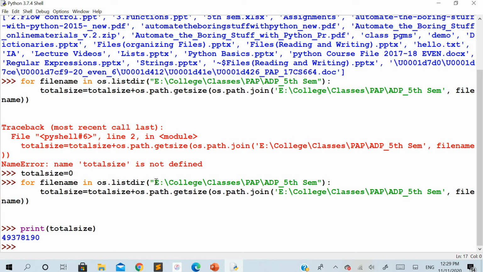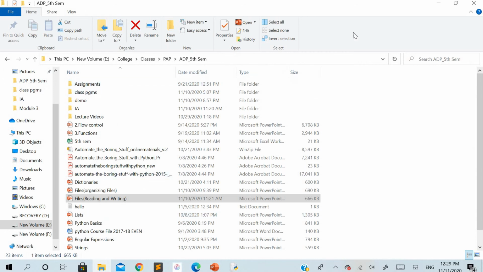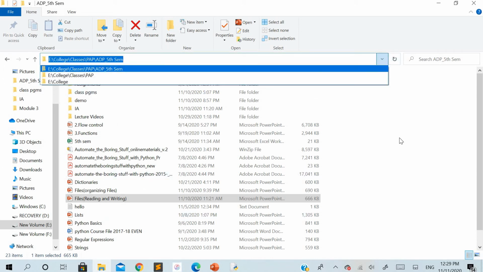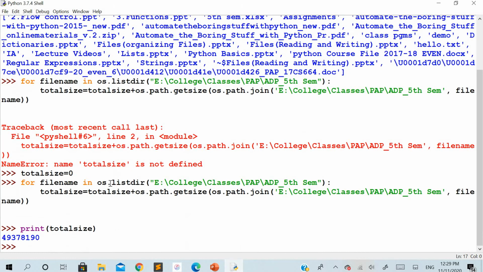See here, for this method what path I have considered. I have considered the same path, this path, to be passed as a parameter here. That means this for loop is going to iterate through each folder or file, the contents of this folder, one by one. Once it gets one of the values, it is going to use the os.path.getsize method along with join, to get across each file over there. This function is going to extract the size of each path, which will be added to the variable total_size.